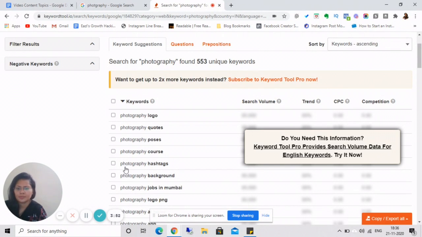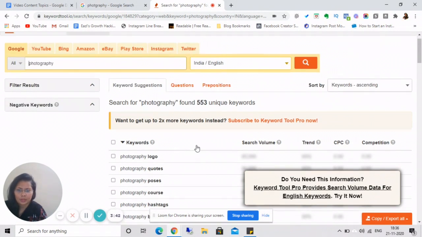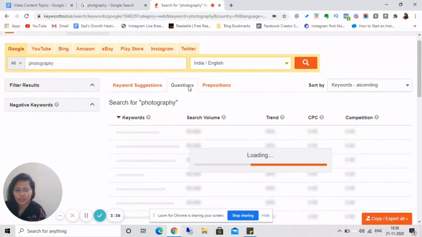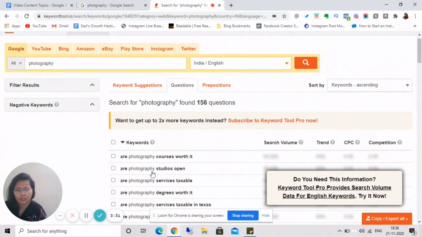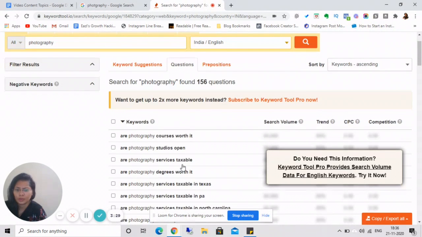But you can use photography logo because these are high volume keywords: photography quotes, photography poses, photography courses, photography hashtags, photography background, or photography jobs in Mumbai, or you can create an article on these also. You can use these questions to create a new blog post also. How many people are searching for questions related to photography? For example, are photography courses worth it? You can use this question as a topic for your new blog post